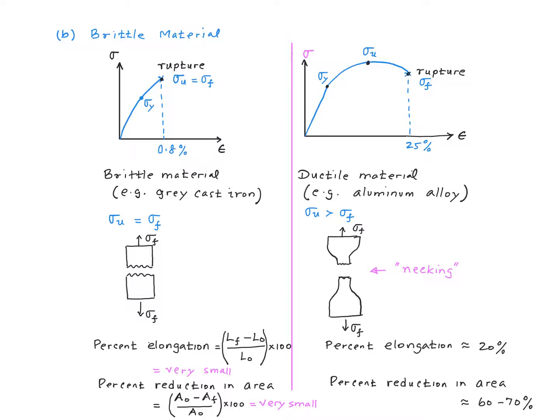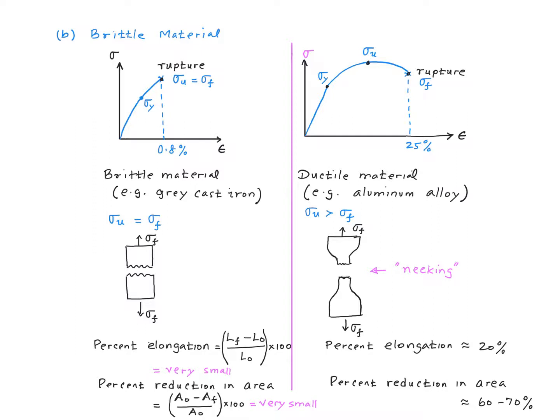As you keep pulling, it's not going to fail until the strain gets very large, right? So what happens is, somewhere in the middle, the specimen is going to become thinner and thinner and thinner, and this phenomenon is what is called necking. At some point, it's going to fracture, right? The area of the cross-section on which the fracture takes place is usually much, much smaller than the original cross-sectional